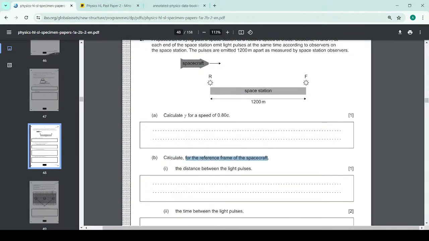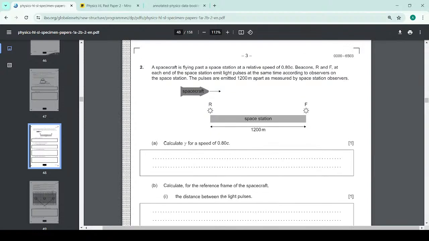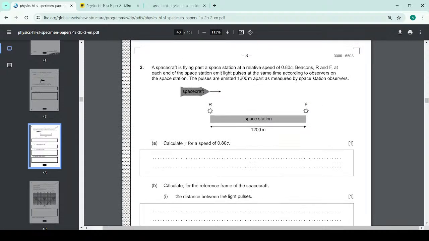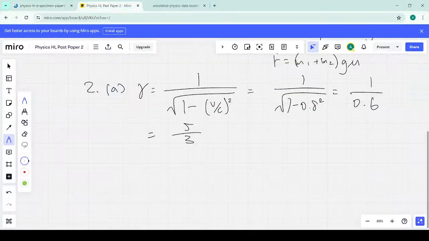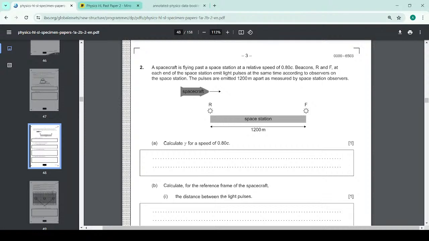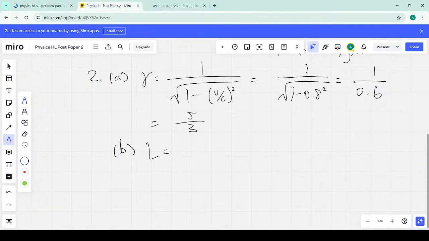Calculate for the reference frame of the spacecraft the distance between the light pulses. The light pulses are emitted at the same time. Okay, that makes sense. So, for part B, the distance between the light pulses will just be the distance from R to F. And we know that the length contracts, so L is L0, the proper length, over the gamma factor. Since the proper length is 1200 over 5 over 3,